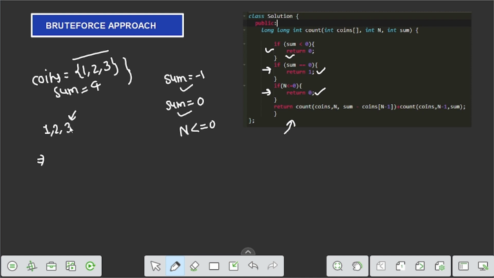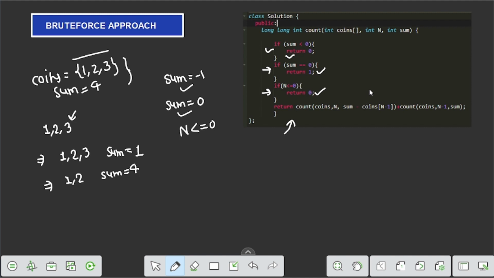If we choose 3, then the array remains 1, 2, 3 and sum becomes 4 minus 3, which is 1. If we do not include 3 in the resulting sum, the array becomes 1, 2 and the sum remains the same as 4.